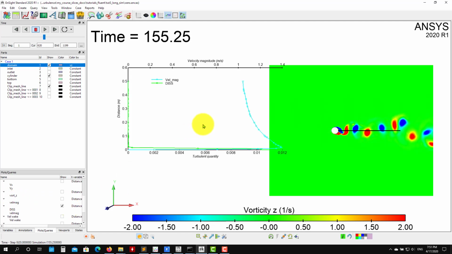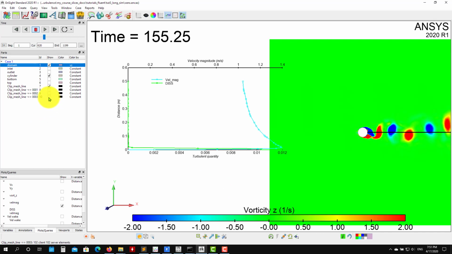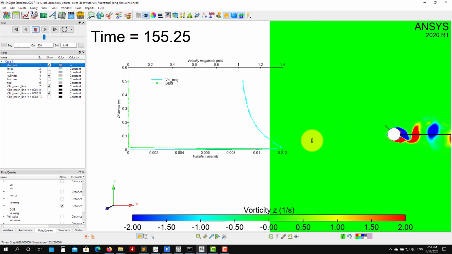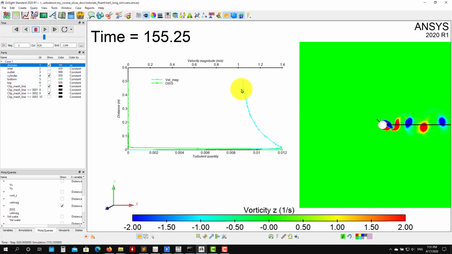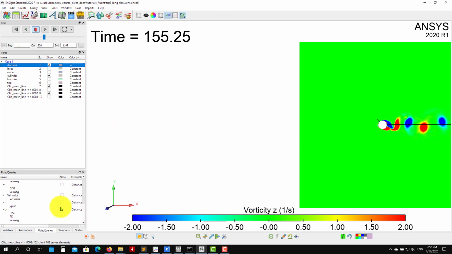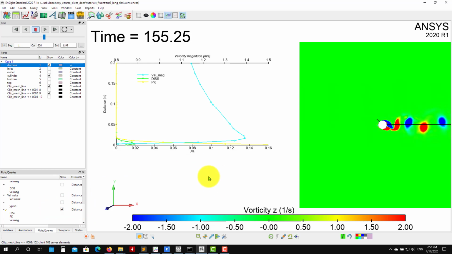So here we have, in our horizontal line, this line here, I'm plotting some velocity profile. See that the blue one, the cyan one, is your velocity profile, and then the green one is the dissipation. But it's probably better to use this one. I have three here: velocity, dissipation, and production. So remember that this is what is called the